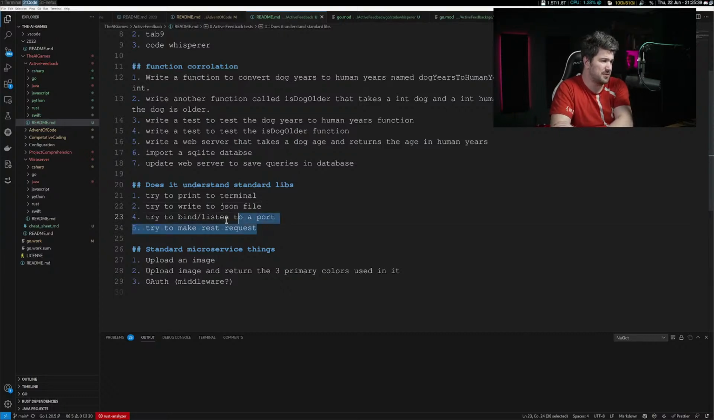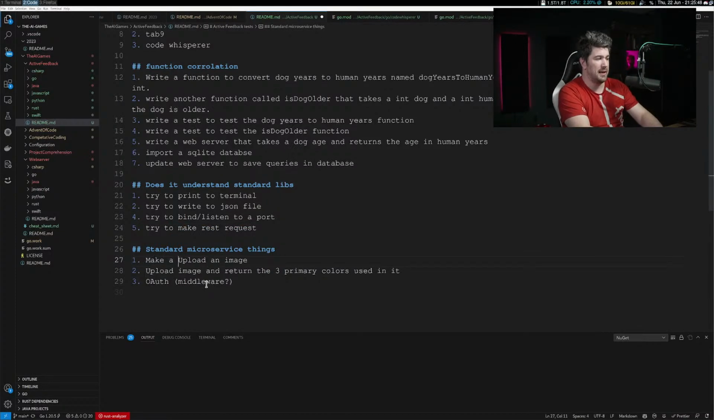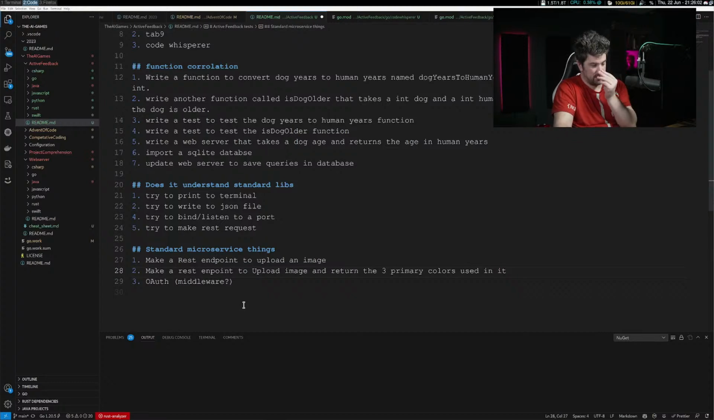Yeah, and then the REST request. This is make a REST endpoint to upload a server. Make a REST endpoint to upload an image and return the 3 primary colors from it. The reason I'm doing this is it's to actually do something with the